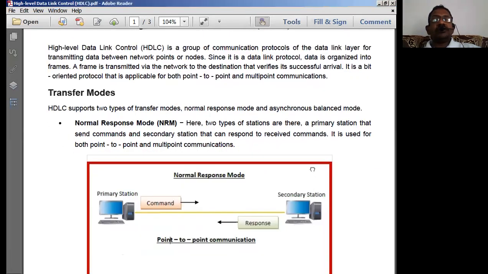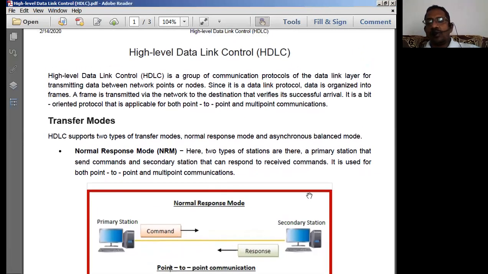So we'll try to discuss the HDLC protocol. HDLC is a protocol using which we implement the functions of the data link layer. A protocol is nothing but a set of rules which governs the communication between two devices or two computers. That is what a protocol basically means.